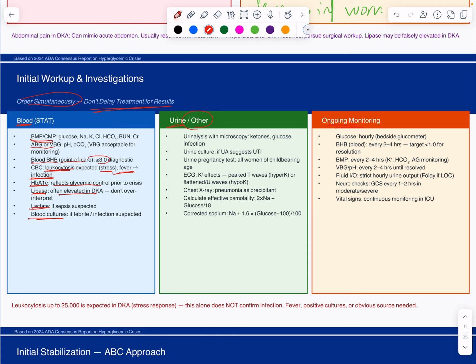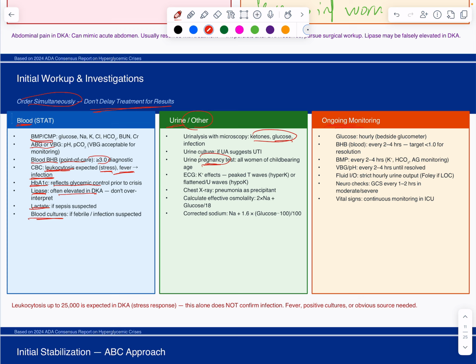In the urine, you can get urine analysis with microscopy. You are looking for infection like urinary tract infection. You can look for the glucose and ketones, but if you have the serum glucose and ketones or beta hydroxybutyrate, this is less important. Again, urine culture, if UTI. Sometimes ketoacidosis can be pregnancy triggered. So if someone is in the reproductive or childbearing age, you can get a pregnancy test